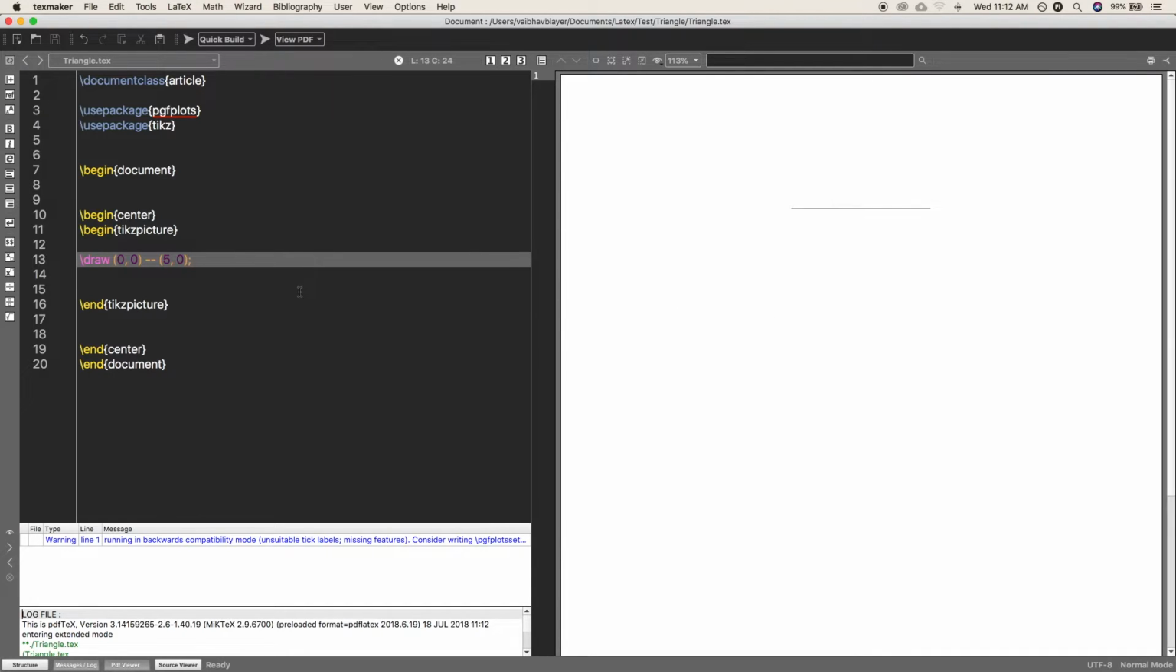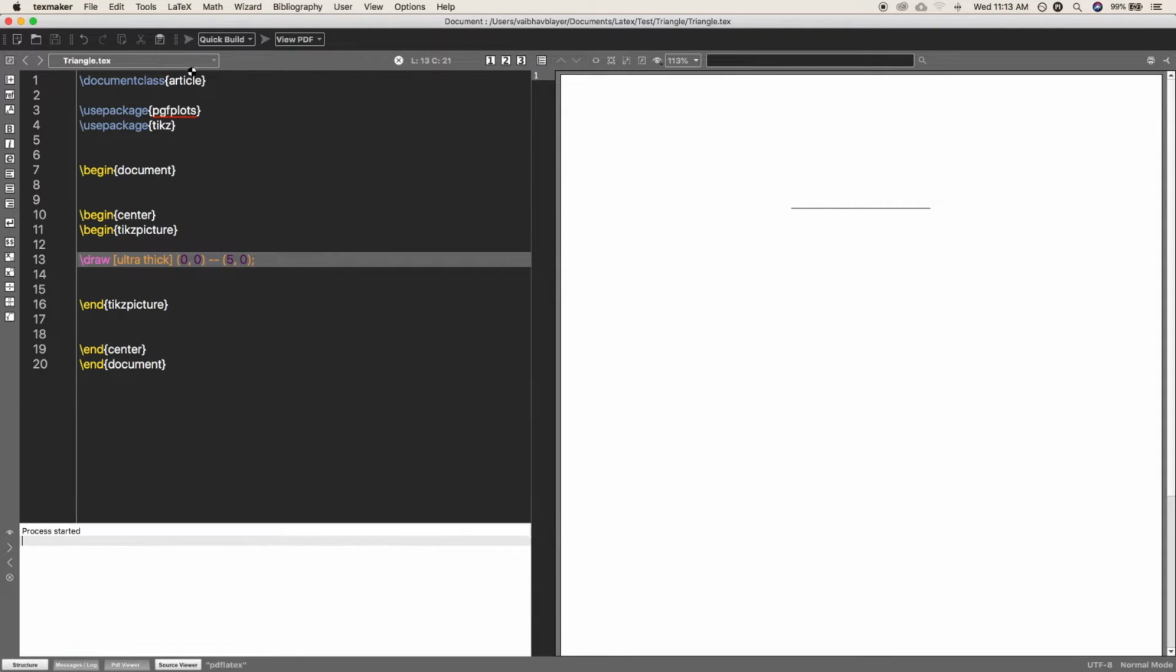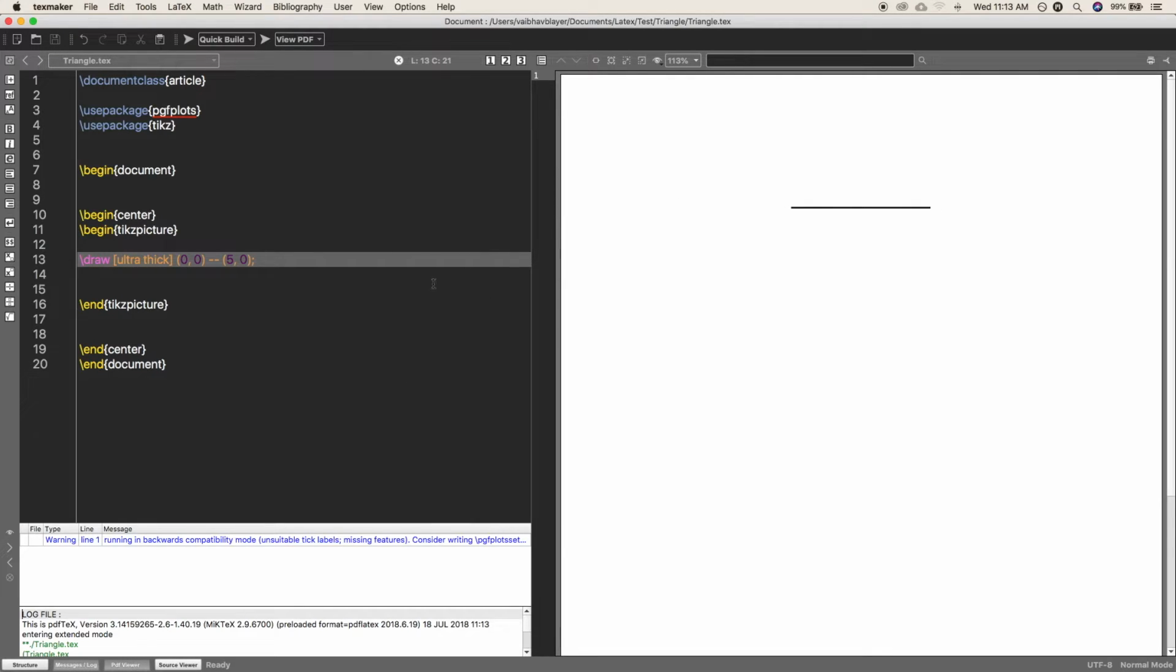After that just put the final coordinate point, and LaTeX will automatically join these two points to make a straight line. And for the customization of the line, like if you want the width of the line to be thicker, just use ultra thick in the square bracket, and it will make the line thicker